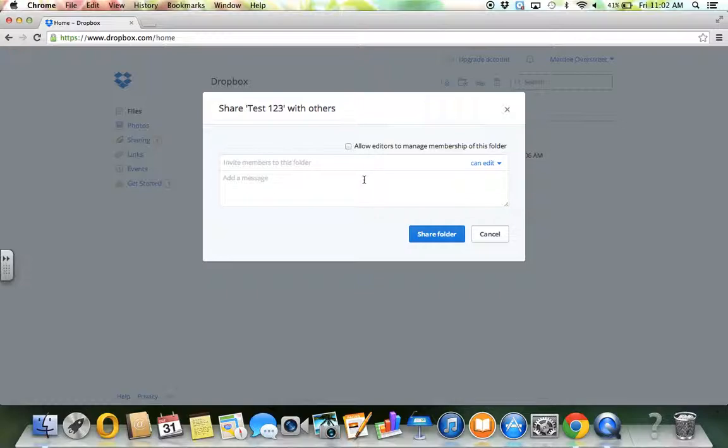This allows only me to have the decisions of who's going to also be able to join this folder, since this person, Ms. Overstreet, is going to be the person that's going to be in charge of deciding who's going to be collaborators here. That said, we're going to invite members, okay, and notice that my name pops up because I've done this a moment ago, but you can type up the email. I'll just stop and say time to choose it. I can type a little message if I want to, but at the point that I share this folder, by clicking here,